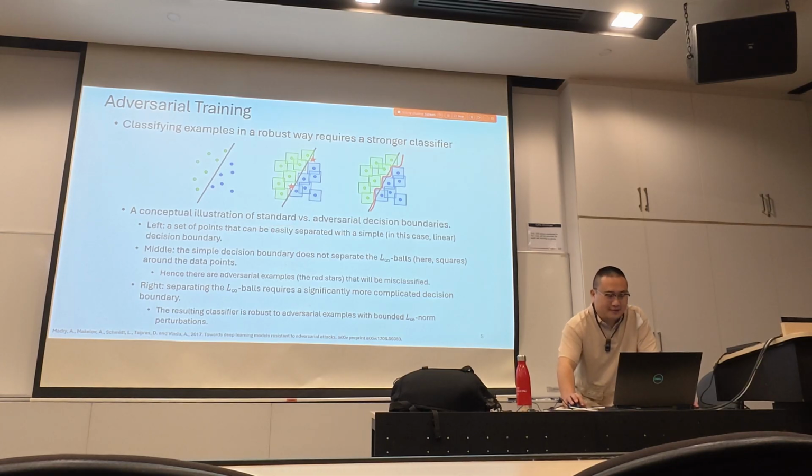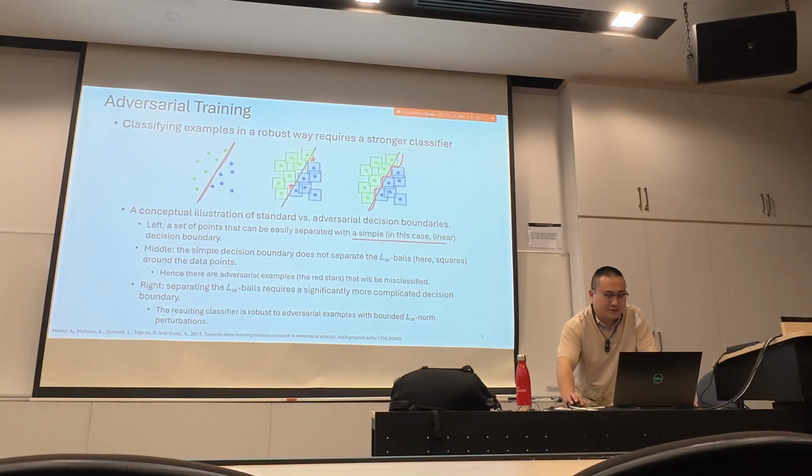In this setting, we can easily separate them using just a simple linear decision boundary, and then we can achieve, for example, 100% accuracy given the data points. However, this simple decision boundary is not adversarially